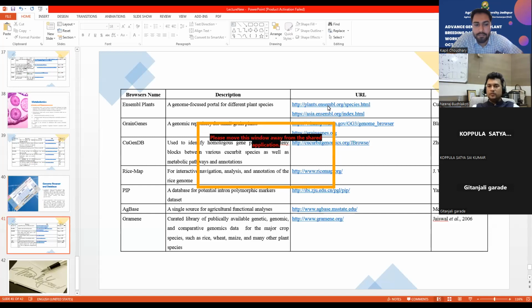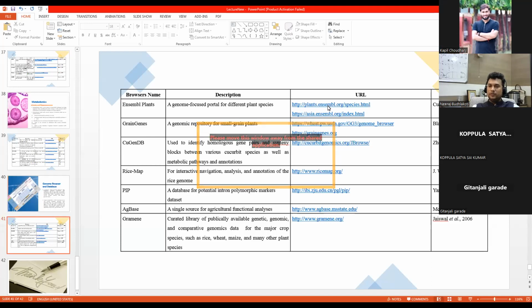I do not think you have data of 1,000 lines, so it is better you use TASSEL if you have a file. It will be easy to handle also.